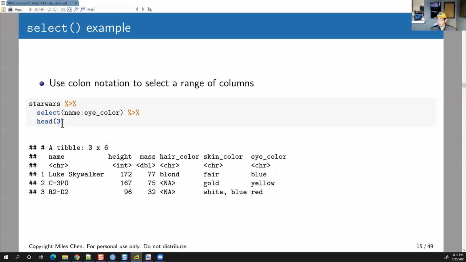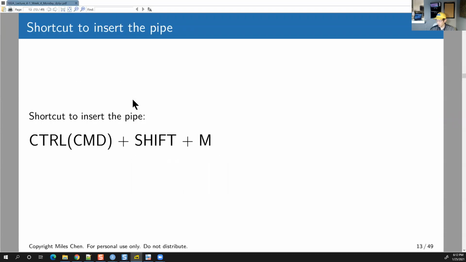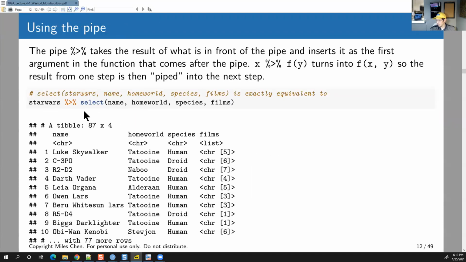There's a question in voice chat about Star Wars. Oh, what's the difference between using the pipe versus using select? Well, you don't have to use the pipe, okay? But using the pipe is, I believe, helpful in that